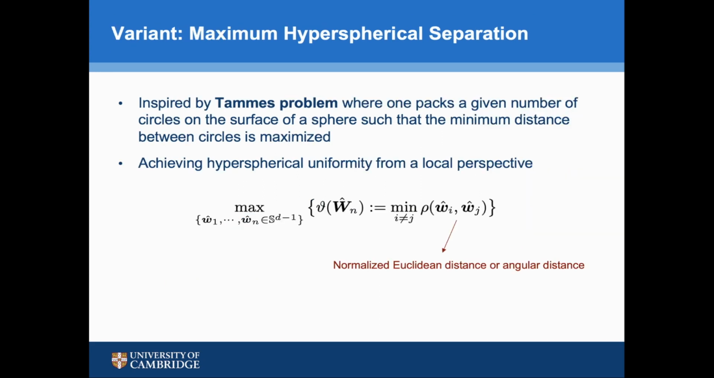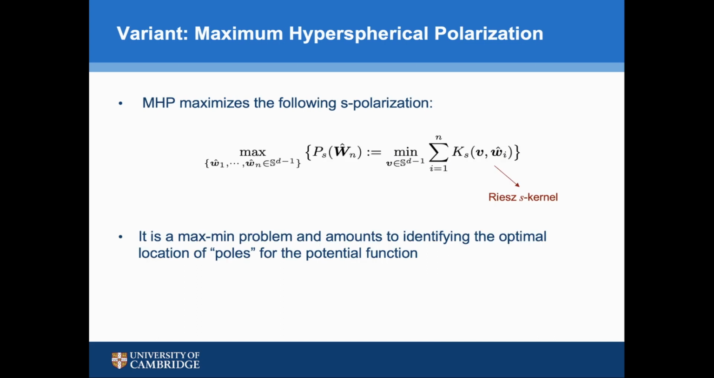To answer the second question, we propose several proxies of hyperspherical uniformity. The first one is maximal hyperspherical separation, which maximizes the minimal pairwise distance between weight vectors. The second variant is maximal hyperspherical polarization. Instead of maximizing the minimal pairwise distance, it maximizes the minimum sum of energy terms if we introduce a free